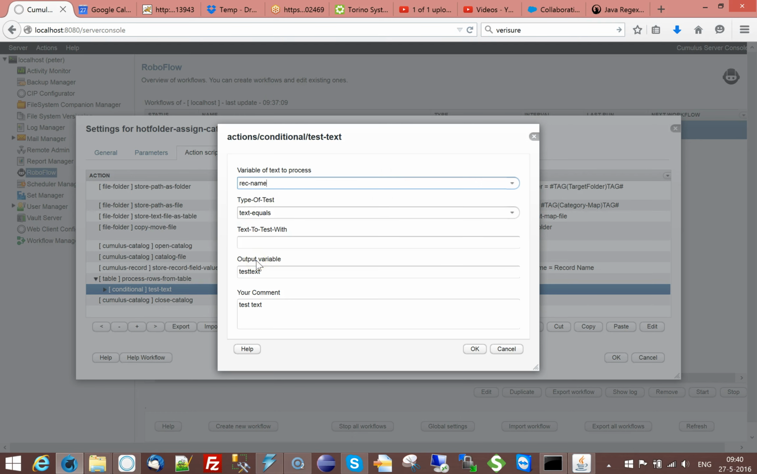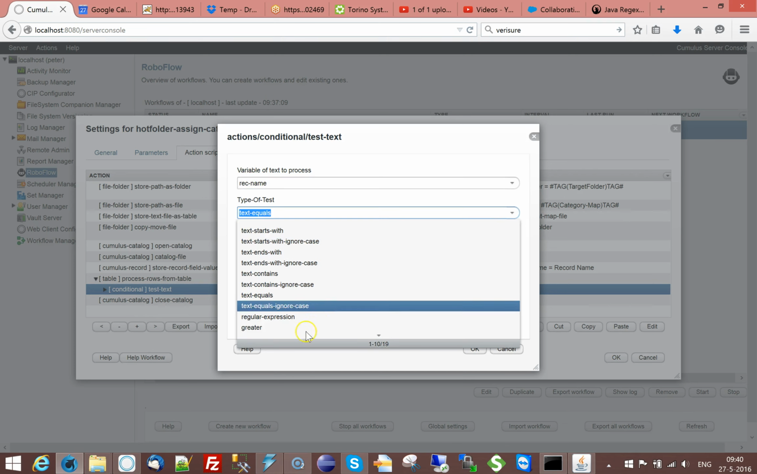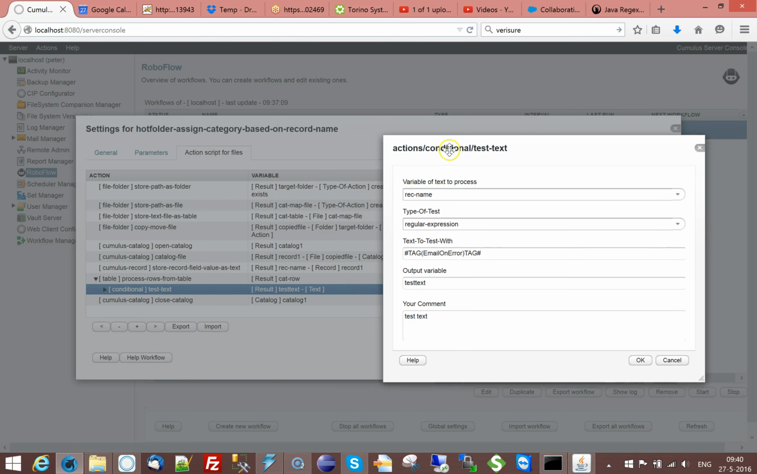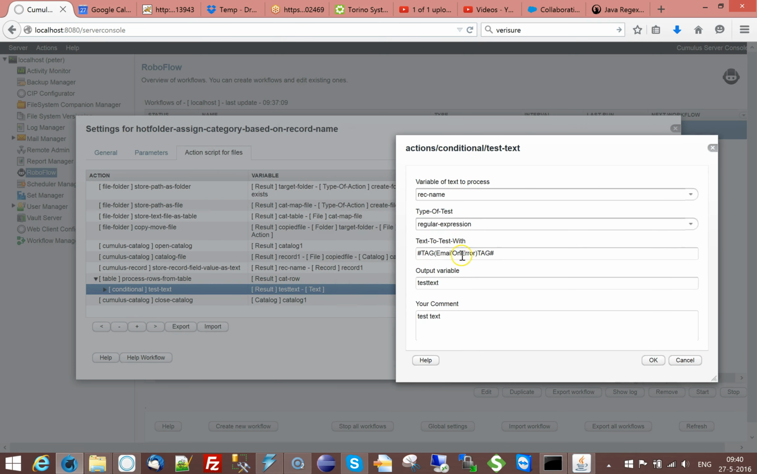I want to process the record name, and I want to test equals. No, I want a regular expression test. So normally I can just do it like this. It won't show up because the result of this row thing, cat row, is an array. But since Cumulus 10, you can talk to cat rows just like this. You can say cat row and then get column 1. So this is one way of getting the value